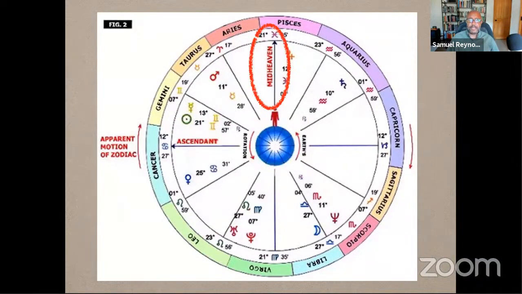Then we go to the next angle, and I am going to a classical ranking. The ranking usually was first house, given the most points, midheaven, then the seventh house, and then last the fourth. I'm not wedded to this myself. I do use it when I'm especially using classical techniques, but this was, again, the conception where we saw more emphasis given to the ascendant, the hour marker, as the horoscopos, which becomes a horoscope, and then the midheaven.